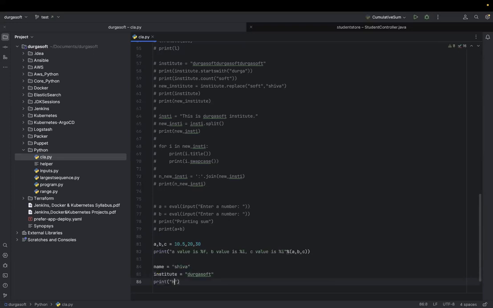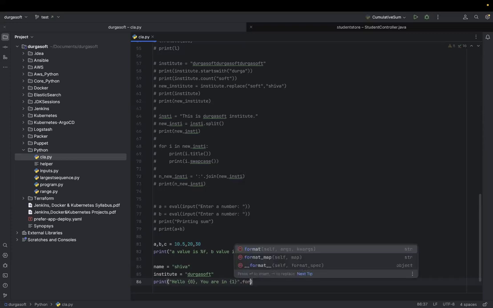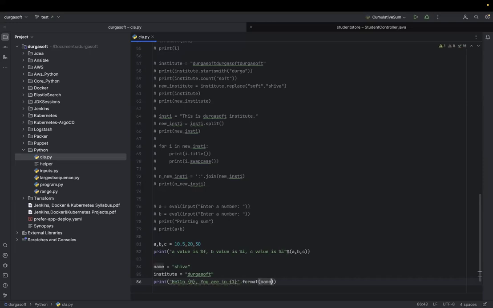hello, you need to give flower brackets, 0, 0, 0, comma, or you can put or not put, no problem with that. Institute, hello Shiva, in INS, or you can use percentage, 0 or something like this, 1. Now dot format of name comma